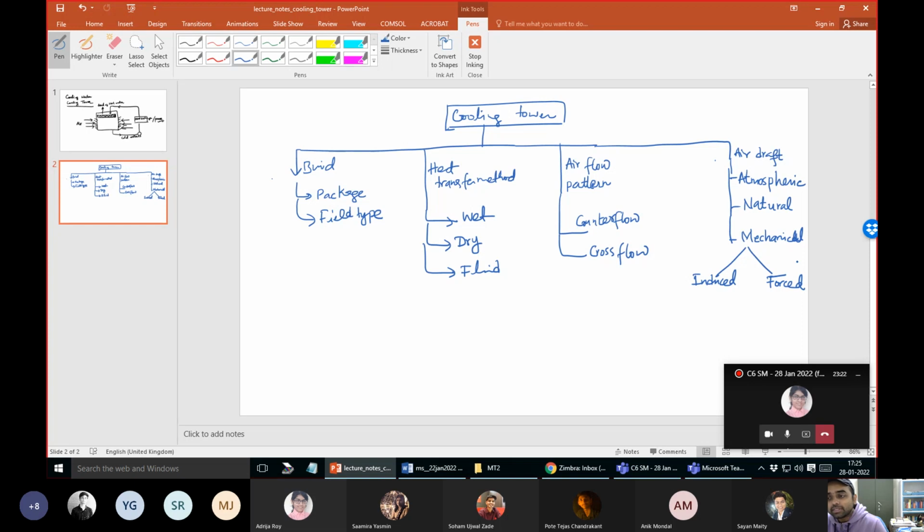Now, in this process, we have to find a way to cool our liquids. That cannot be done in the heat exchangers because mostly they will have hot fluids. If you have a very cold process fluid, that can be used to exchange heat and you get your cooling water. But that kind of cold process fluid you do not normally get in any industry. Why? Because to maintain a fluid temperature below the ambient temperature requires a lot of energy.